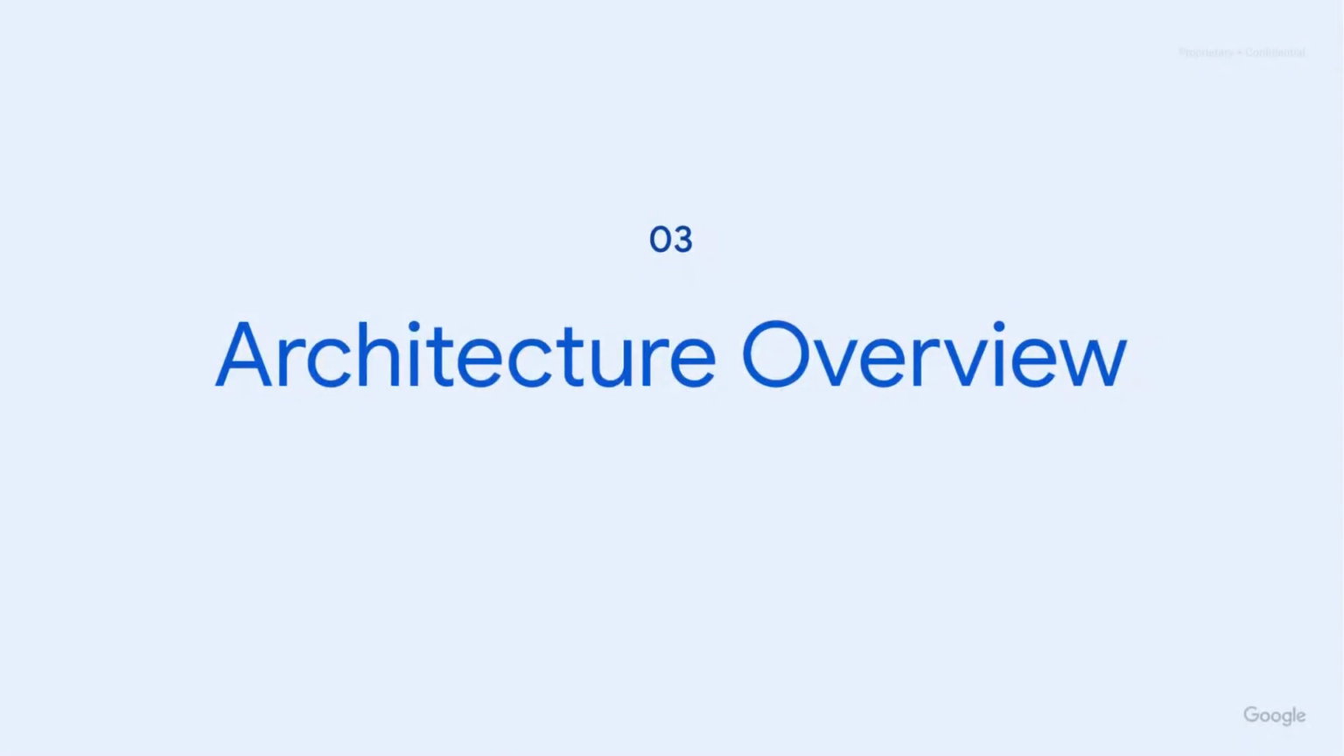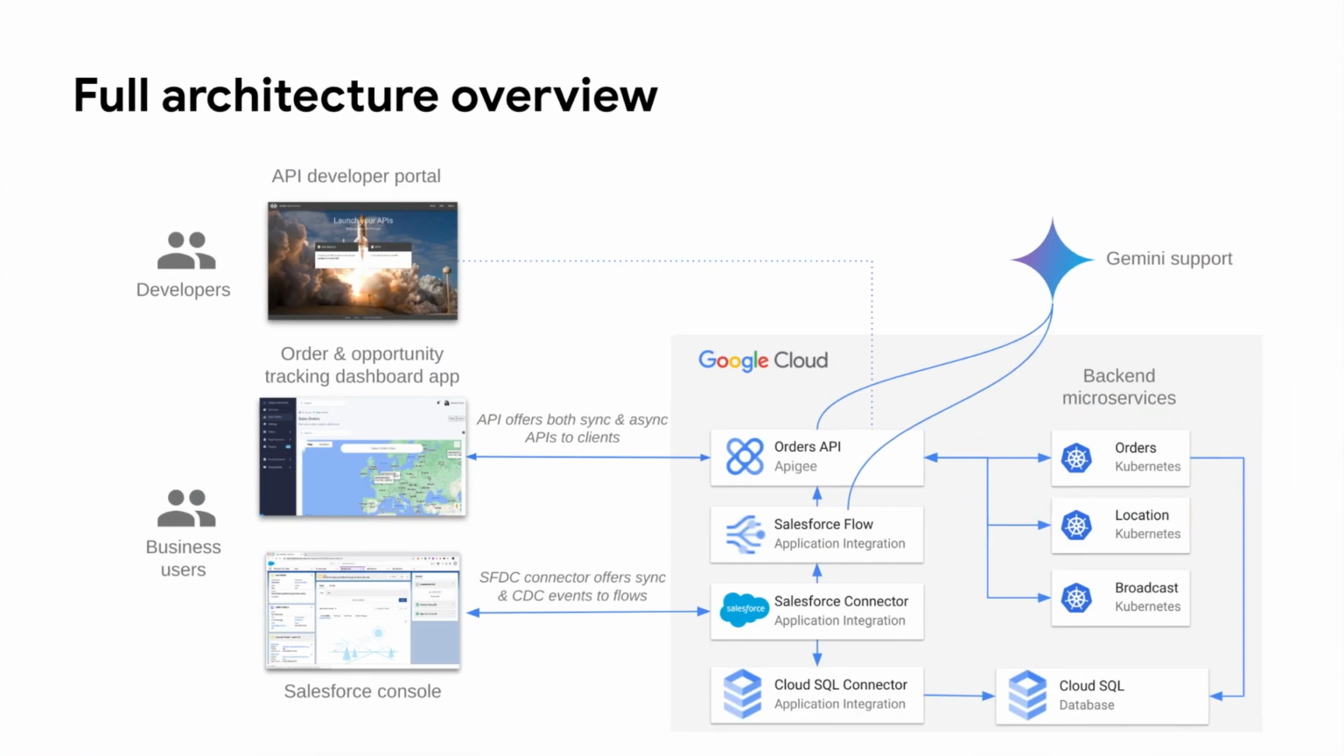So let's take a look at an architecture overview of what we just built. As you can see here, we started with our dashboard app that's aimed at business users who also are probably using Salesforce in the Salesforce console. We have our API developer portal that's aimed at developers. And this is connected to Apigee, where all the API communication is managed. This is then also being used by the Salesforce connector, which is running an application integration and triggering flows whenever